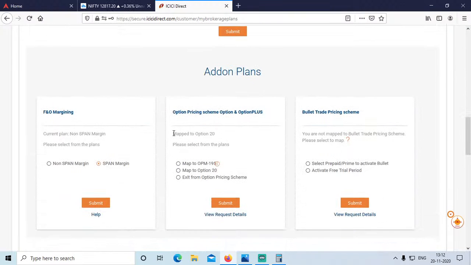See here, mapped to option 20. Ensure that if you are doing ICICI trading, mapped to option 20 should be there. If it is not mapped to option 20, select this middle button mapped to option 20 and click on submit. So mapped to option 20 is nothing but